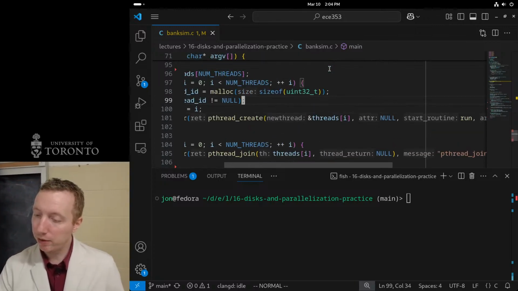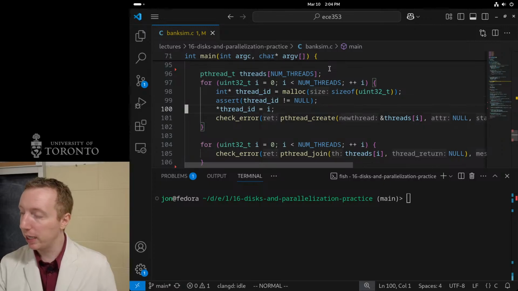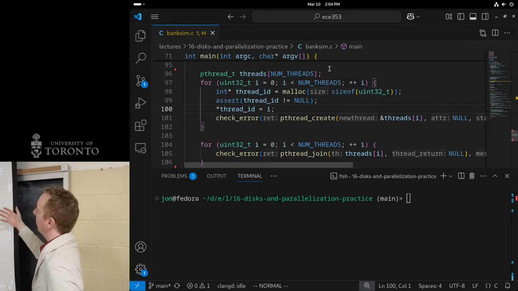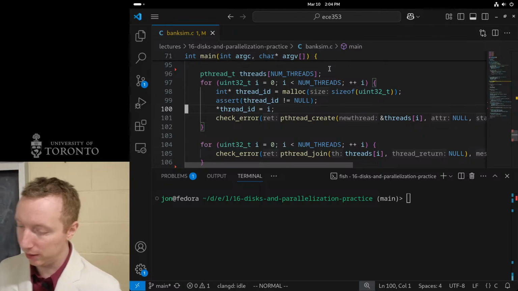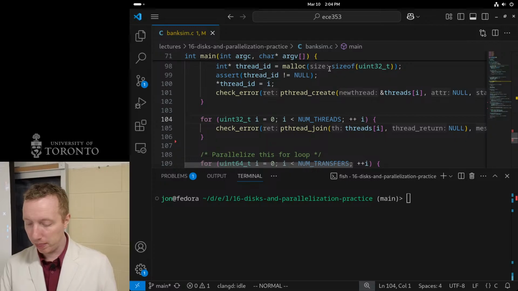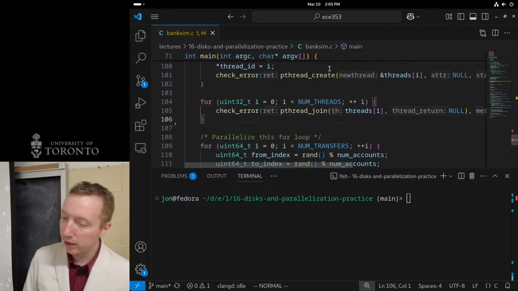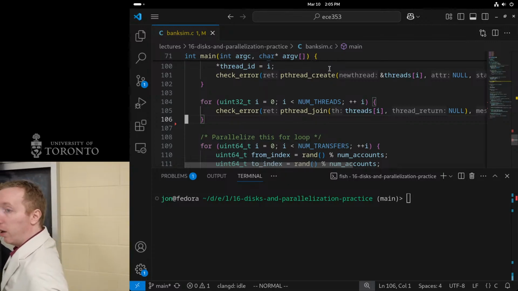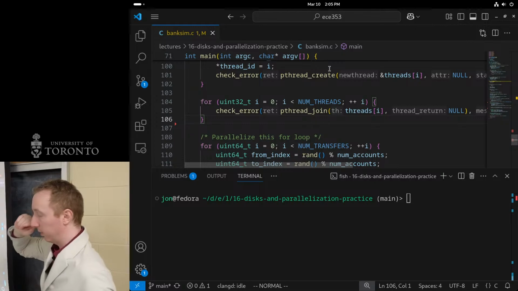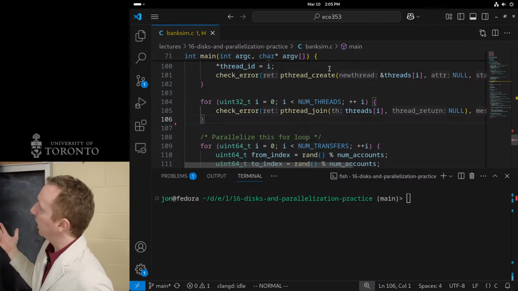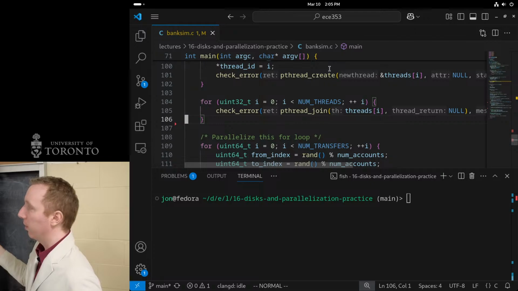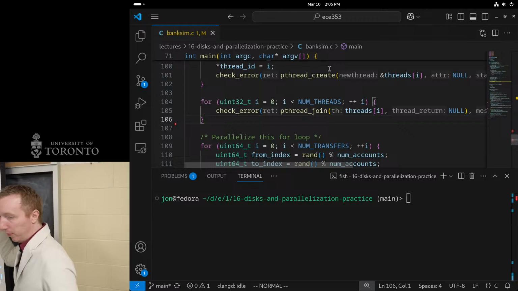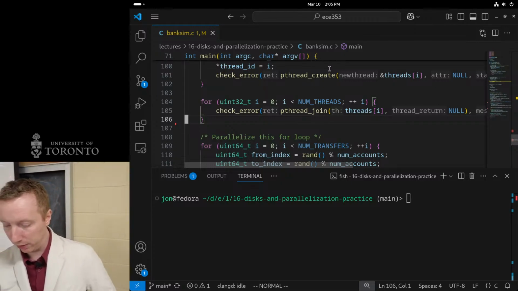So after this loop, we create 8 threads that are all running that run function, hopefully in parallel if my operating system is good and actually using all my hardware. So after I create all 8 threads, the main thread just joins them all. So I won't be able to pass through this loop until all of my threads are done. So after all my threads are done, I'm done with all of my 10 million transfers, so I can go ahead in the main thread, do the sanity check, make sure my money is still there.